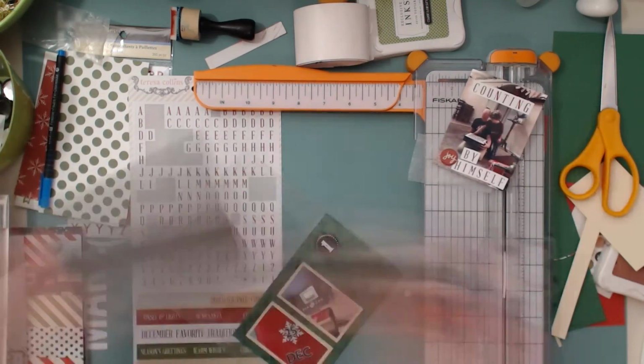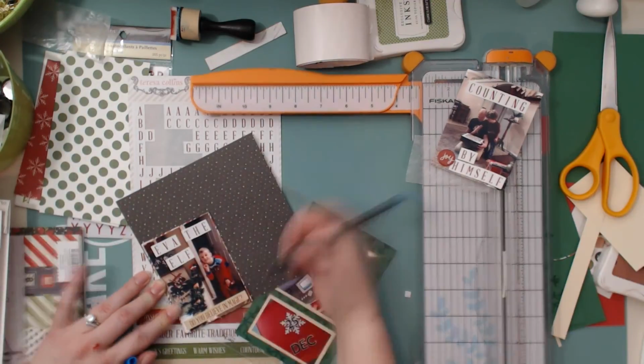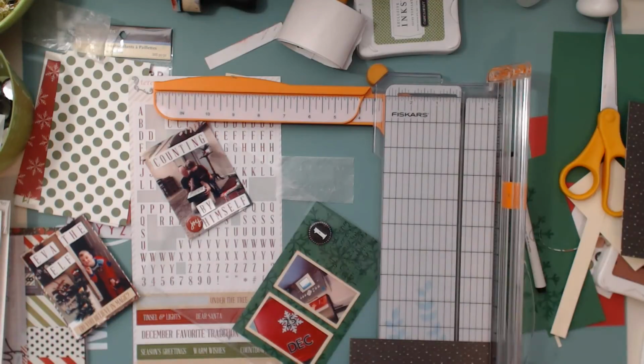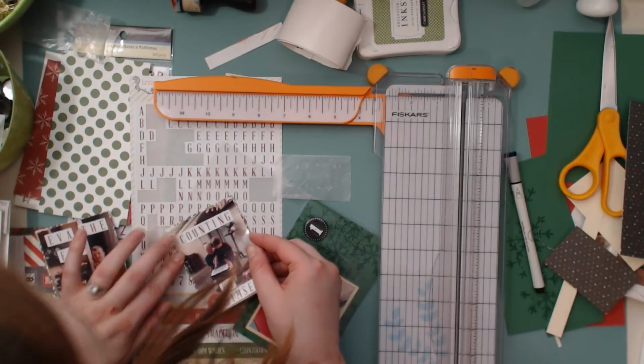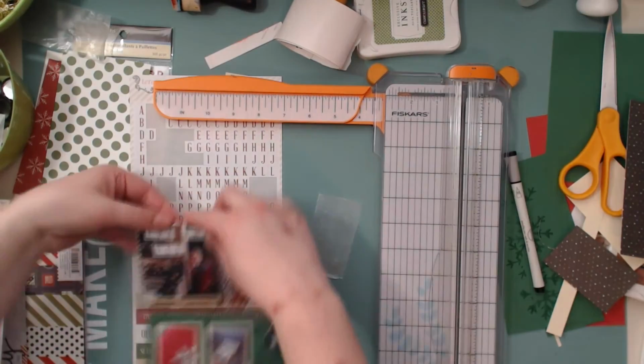and I am going to move on to this second photo up there at the top. And for this one, I had enough of the 6x6 pad that I didn't have to do the same craziness as with the other photos. So that was a little bit nicer. So here I'm just going to glue that down, ink the edges, and I am done with my spread for